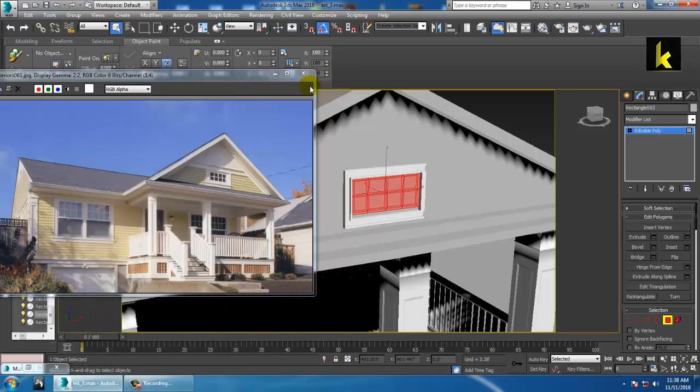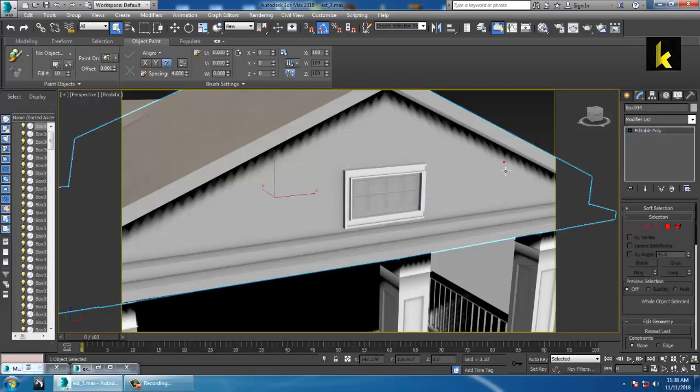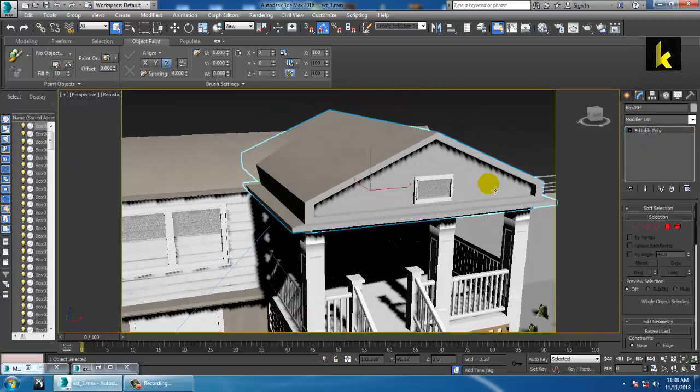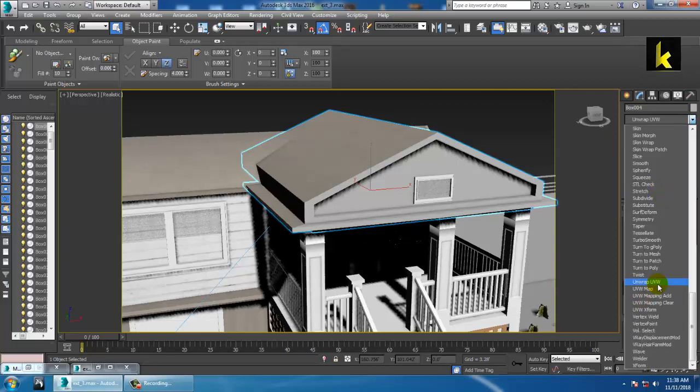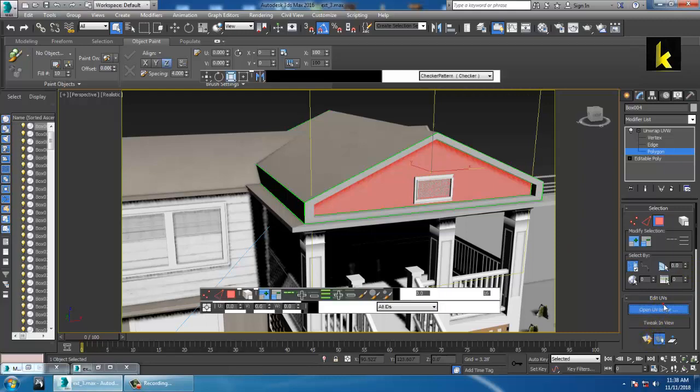After you are done with it, or if you want to put any kind of stuff over here, you can easily go into this, unwrap UVW, you can take this polygon out from here, use a quick planar map, open UV editor,